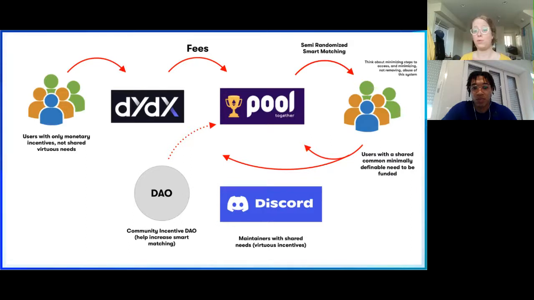And so now what you have is a community that has a very specific virtuous need that keeps everyone together, that you can then form a little digital nation around. So you have your Discord where they have the same virtuous incentives. And then maybe a small community DAO where maybe there's a token or something that is able to fund development within this, that ultimately goes to build this little model itself. Now, this is really big. This is a lot of work.